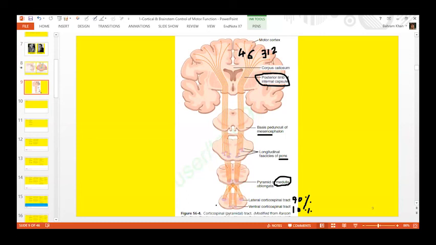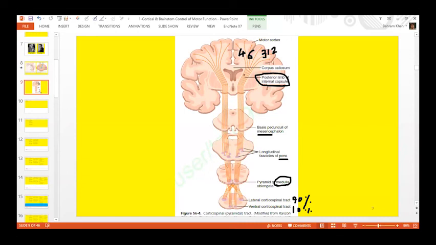And corticospinal tract includes the lateral corticospinal pathway and the ventral or anterior corticospinal tract. Since these are descending pathways, the source of origin comes from the cerebral cortex from the top. 30% of the input is from area 4, primary motor cortex. 30% from area 6, the premotor and supplementary motor cortex. And 40% input comes from the somatosensory areas 3, 1, 2.